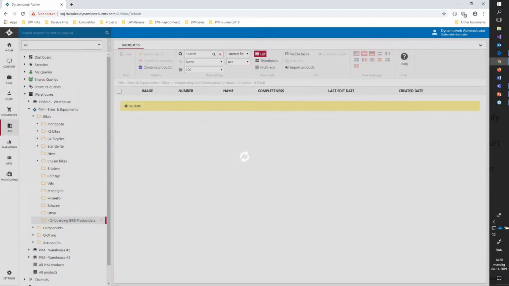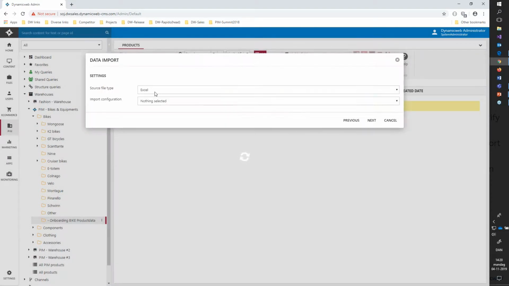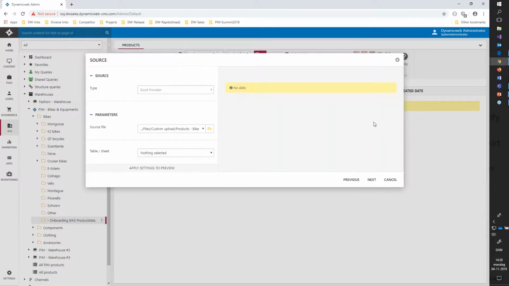I press next. It tells me that it's an Excel file. I could define my import configurations, or I can save import configurations, but at the moment I'll just say next. Then I get this information that it has selected my Excel provider. I have this source file, and then I can select which sheet in my Excel file I want to import. I take all bytes. I can make a preview on it